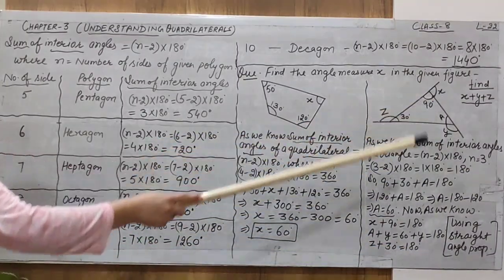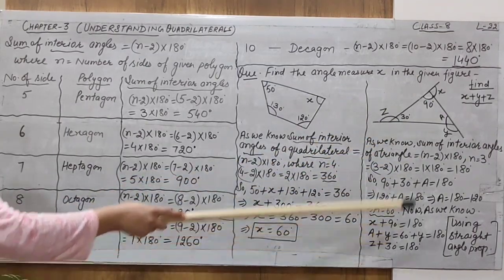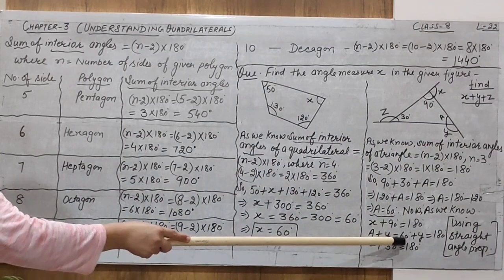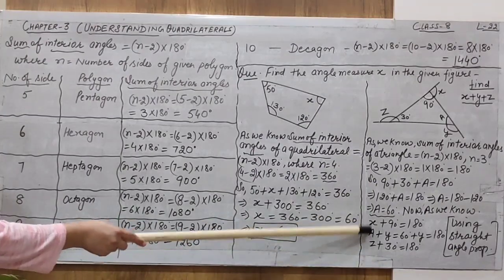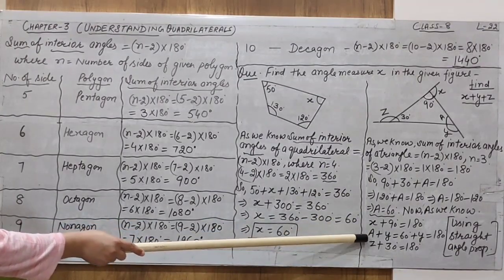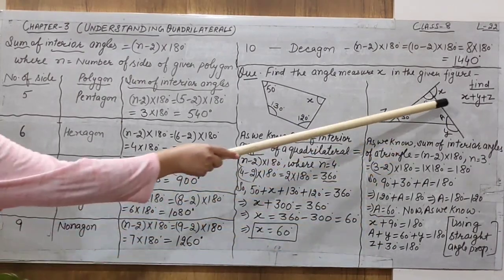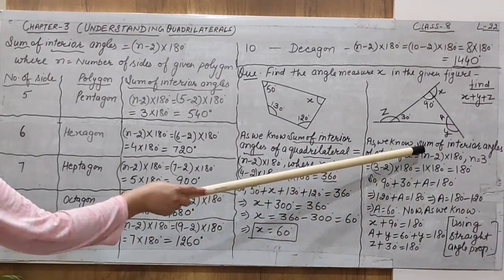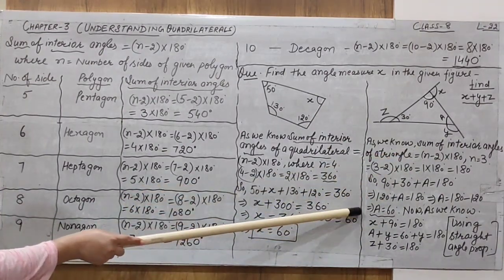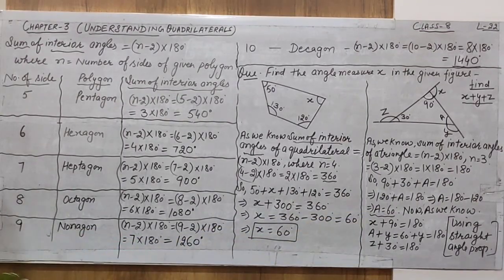X plus 90 is equal to 180. 30 plus z is equal to 180, and a plus y, that is 60 plus y, is equal to 180 degrees. Using this property, now we find out the value of x, y and z. Then using those values, we find x plus y plus z. So with the help of the sum of interior angles, first you find the value of a, then find the values of x, y and z.